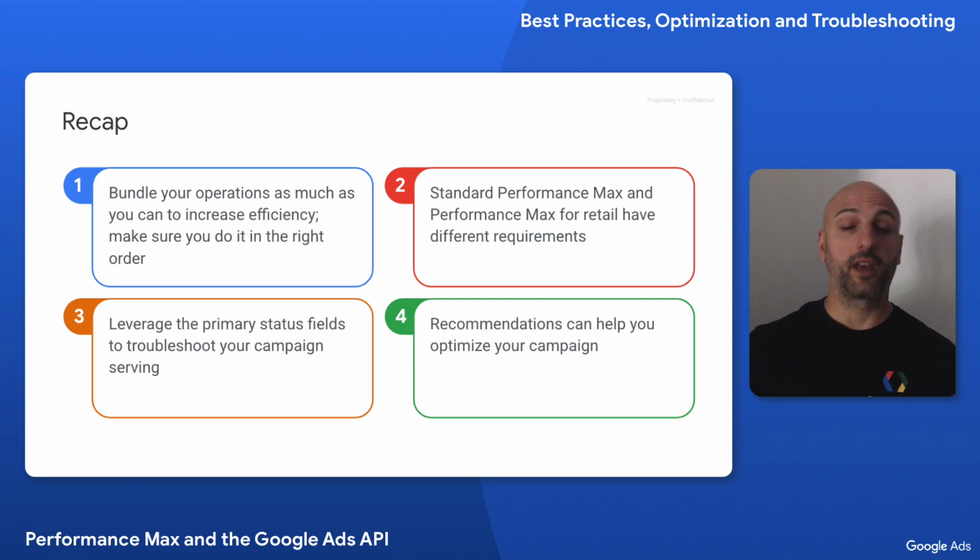Then, we talked about the cases when creating or updating a Performance Max campaign does not return any errors, but still the campaign is not serving optimally, and how the primary status field may help you troubleshoot these cases. And finally, we just discussed how recommendations act as kind of an intrinsic set of tips, tricks, and best practices to make sure that your campaigns perform optimally. We've seen several different ways to make sure everything goes as you expect when working with Performance Max with the Google Ads API. But if you're interested in learning even more about troubleshooting, I recommend you revisit Devin's session about